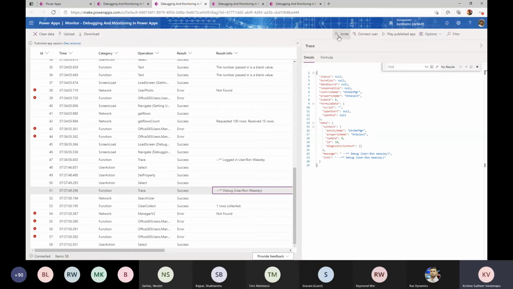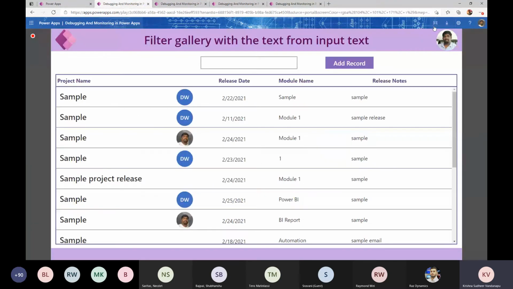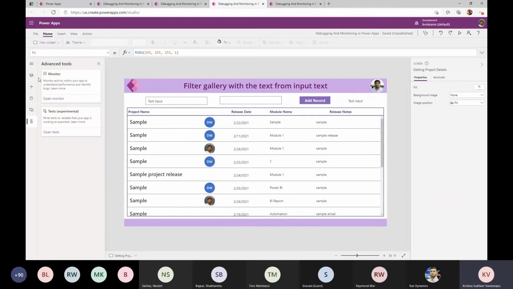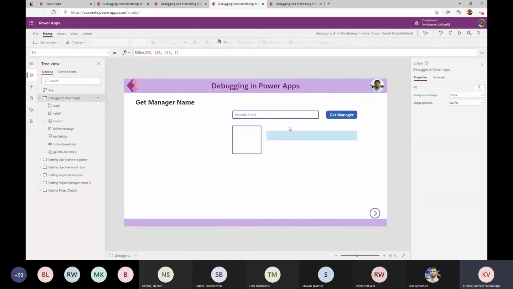But if I want to debug or monitor a production app, I know how I can do it, which is using the play published app. And that time I have to ask the end user to include me also, to see whether it is working for me or not, by clicking on connect user, which is fine. Very good. What are the other ways to debug the app? The best way, and the good friend of debugging, is